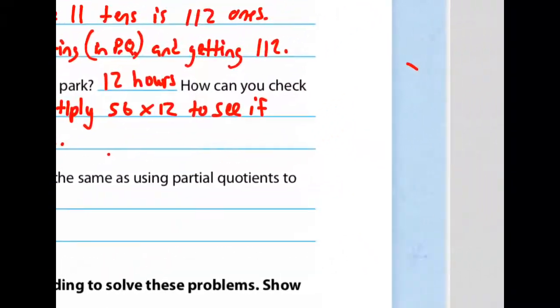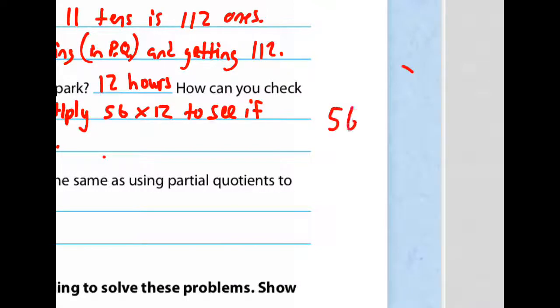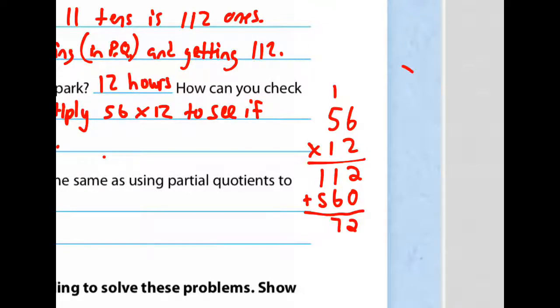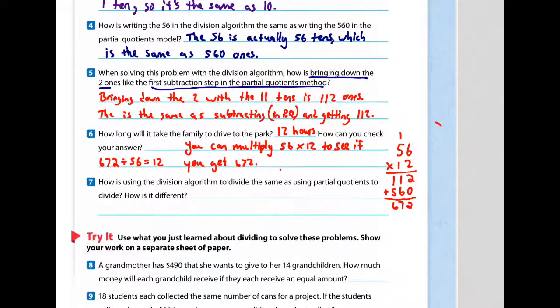So I'm going to do that now. I'm going to do 56 times 12. 2 times 6 is 12. Carry the 1. 2 times 5 is 10. Plus 1 is 11. Fill in my 0. 1 times 6 is 6. 1 times 5 is 5. Add those together. 2, 7, 6. Holy cow, I got 672. So that's how you can check any division problem. Just multiply. All right? Now, number 7 says, how is using the division algorithm to divide the same as using